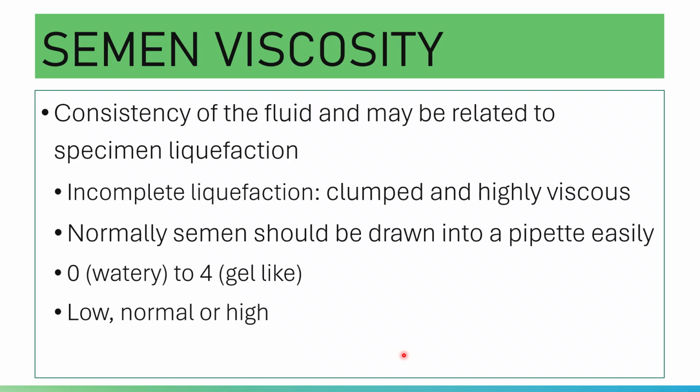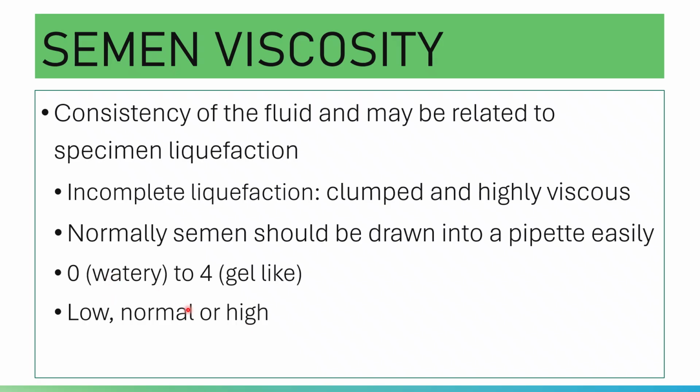Plastic disposable pipette. You aspirate using a wide-bore plastic disposable pipette, and then allow the seminal fluid to drop by gravity and observe the length of any thread. If the length of the thread is less than 2 centimeters, then accordingly the viscosity is normal. If the thread formed is greater than 2 centimeters in length, then it is high.